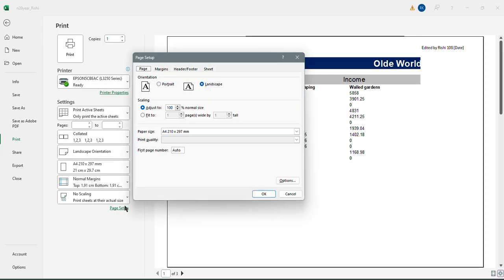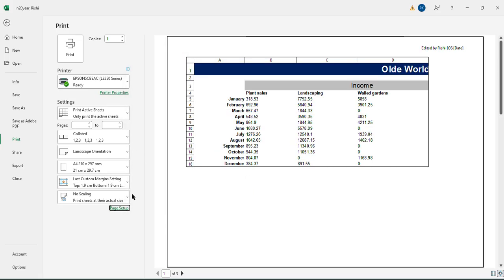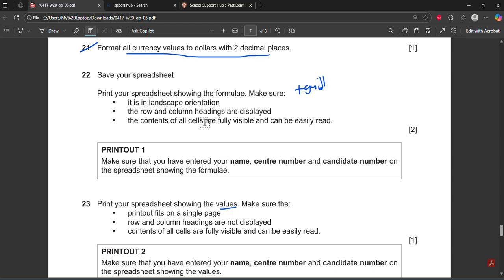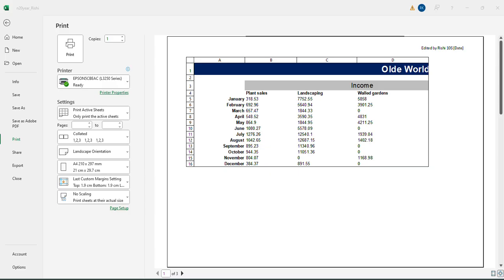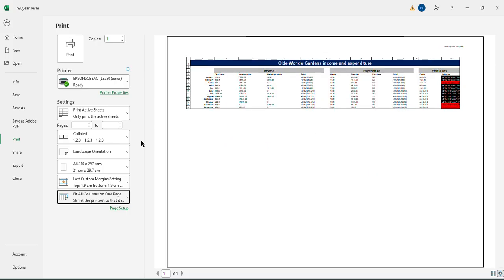Okay, and then we have to show the row and column headings on the page setup sheet. So press okay. Now if I want to print, the question didn't ask you to specify fitting everything or not, they just say fully visible and readable. So if I change the scaling, for example fit all the columns, it will